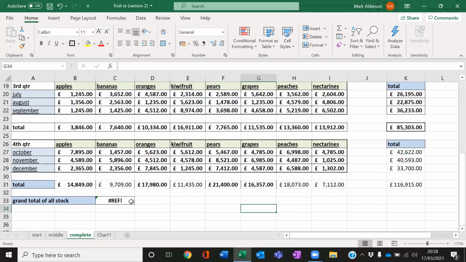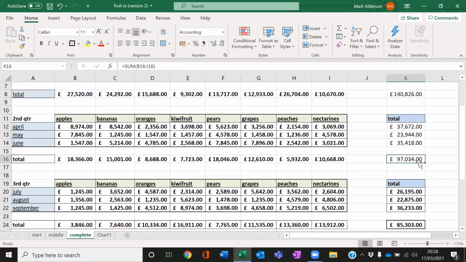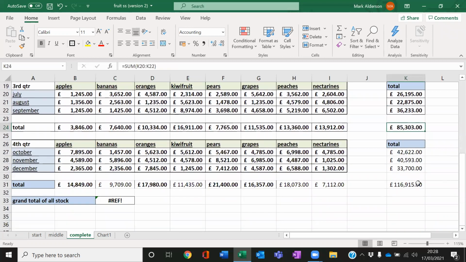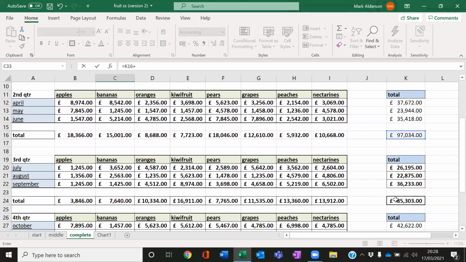Right. This figure here, the grand total of all stock, can be got in many ways, but the easiest way is adding up the 4 quarter totals. That one, plus that one, plus that one, plus that one. Now see the way that I showed you that, watch, in here is equal to, and I'm scrolling up, and I know the formula is showing me up here, it's still up there, I'm going to say it's equal to that one, and you'll see it getting added, K16, then I hit plus, and it's that one, and you see the formula building up here,